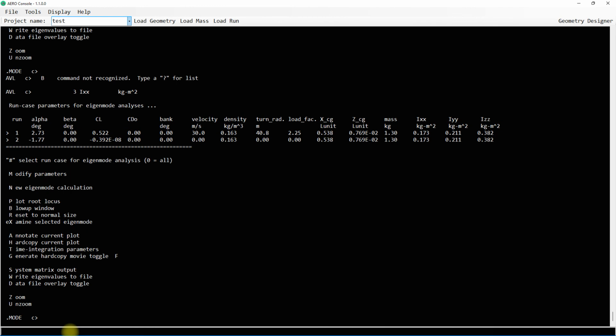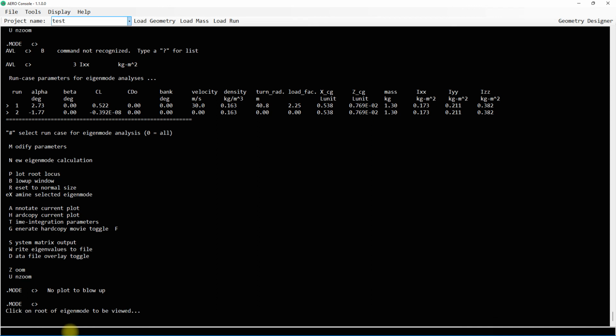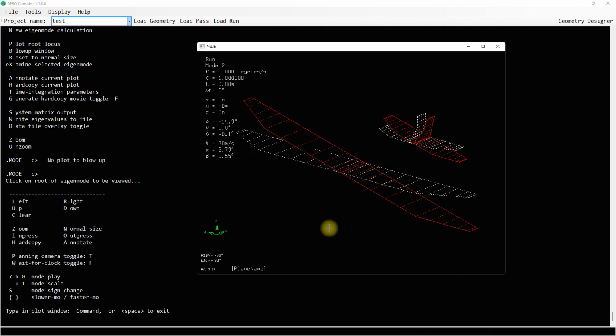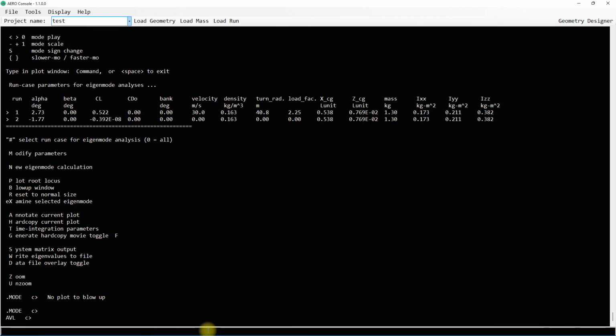And then we already have the calculation, so if we press B, it says no blow up to show, so I'm going to go to examine, then go to blowout. So let's go to